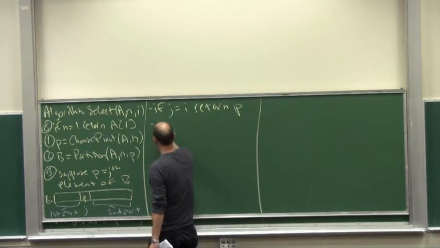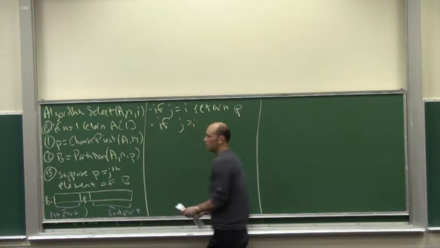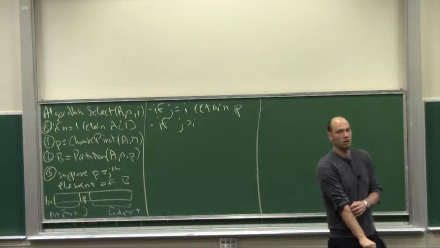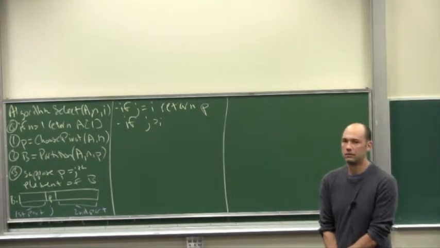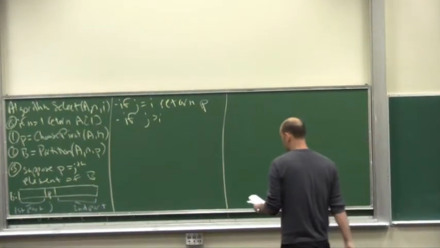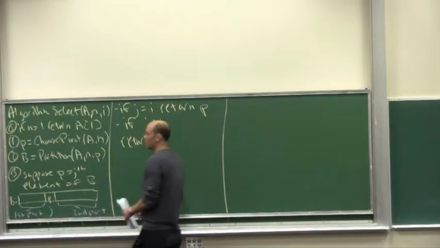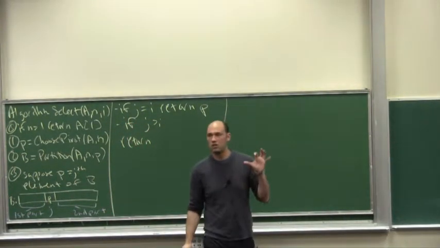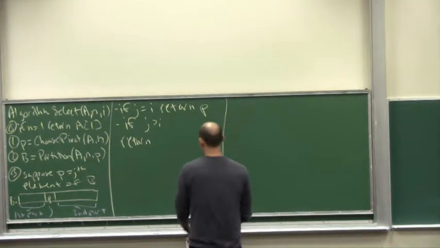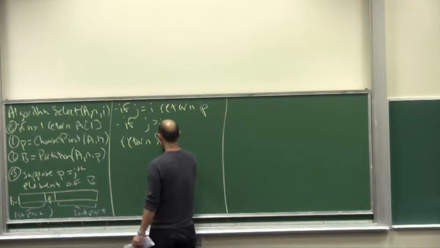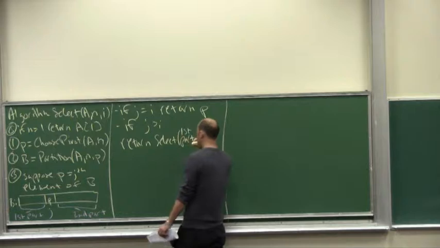All right, but that's probably not going to happen too often. So let's deal with the other cases. What if the pivot is bigger than what we're looking for? Okay, so it's actually the jth order statistic for j bigger than i. We've got to recurse. What do we recurse on? Which side? First side. All right, we're looking for the ith smallest element. The first part contains the j minus 1 smallest elements, and j is bigger than i. Okay, so the ith is in there somewhere. So return select on the first part,